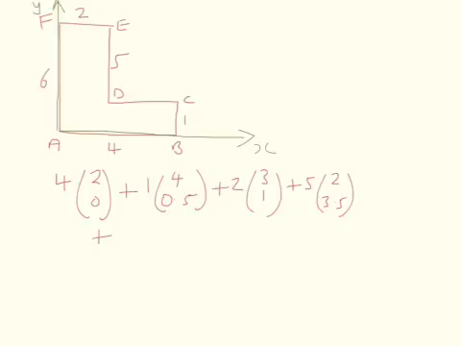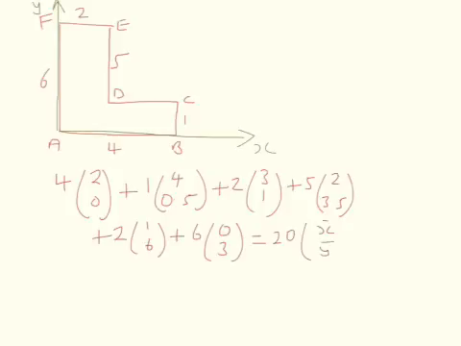Now we look at FE. The mass is proportional to 2, and the centre of mass is going to be at 1, 6. And now look at AF. The mass is proportional to 6, and the centre of mass is at 0, 3. So all of that equals the total of the lengths. 4 plus 1 is 5, 7, 12, 14, 20, so the mass is proportional to 20, and we call it